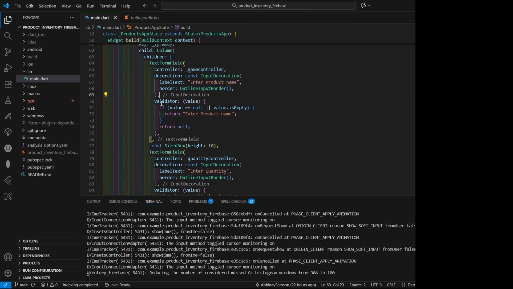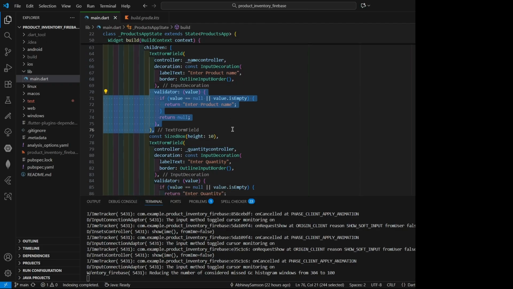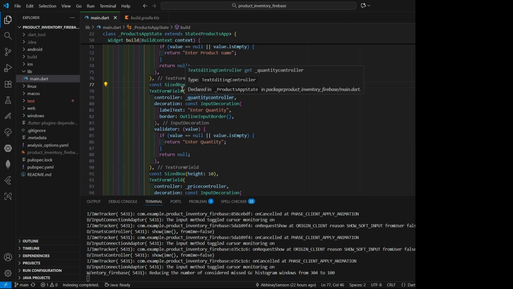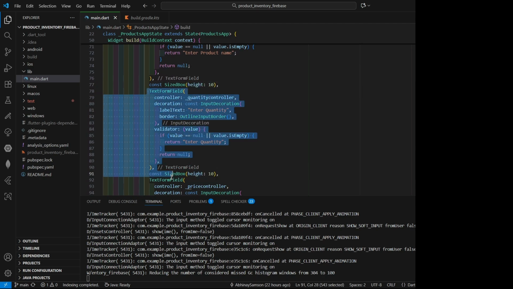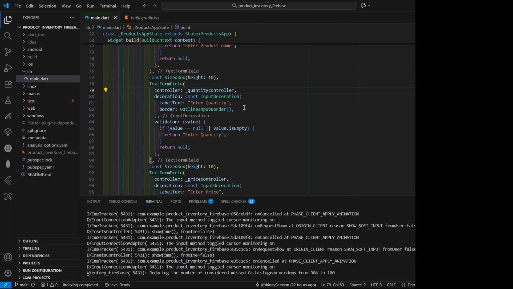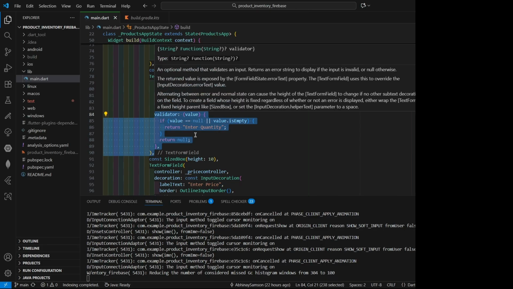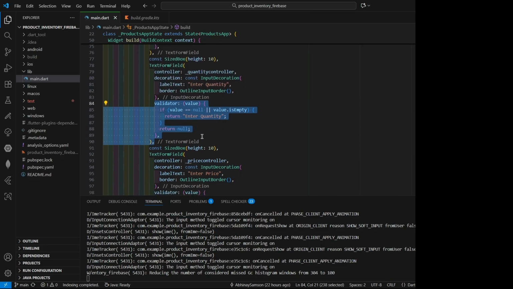After that, we will be using a validator function to check whether the text field is full or not. If it is null or empty, it will show an error returning "enter product name". After that, I have used another text form field in which we will be storing a quantity, by using a quantity controller, and then for the same I have used a validator function to check whether the input is null